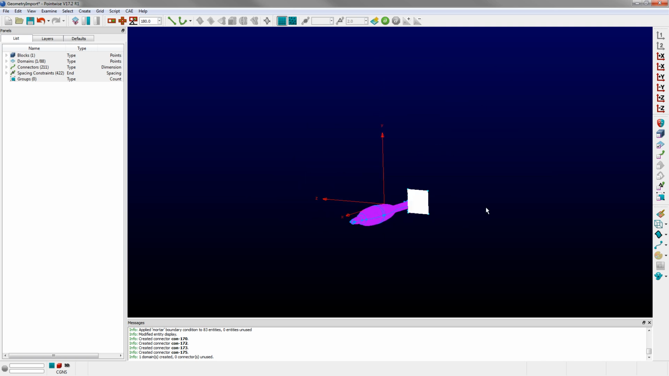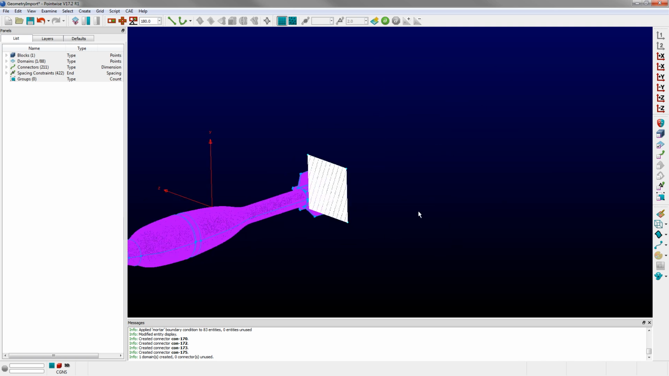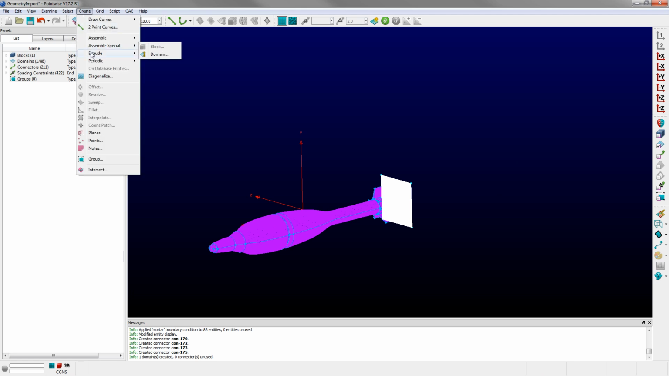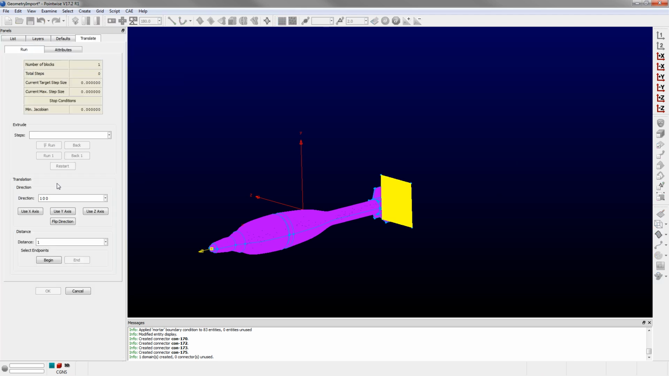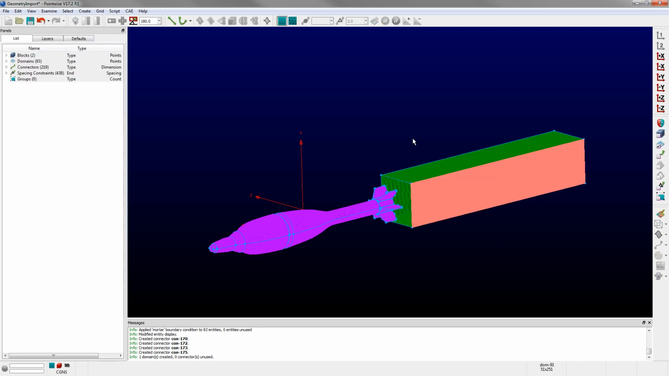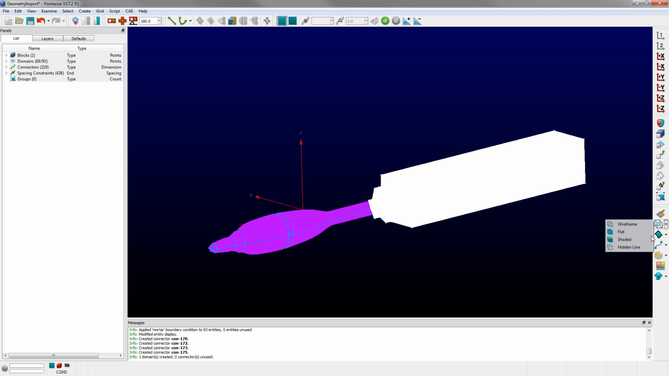And what I'm going to do is extrude that just one body length. You can go one or two or however many body lengths downstream. And so I'm going to go create, extrude, translate. Okay, I'm going to go in the X direction, a distance of 500. We'll flip that direction, and 250 steps, and run that. Okay, so I've created that structured block downstream, and if I just grab those domains and switch to hidden line